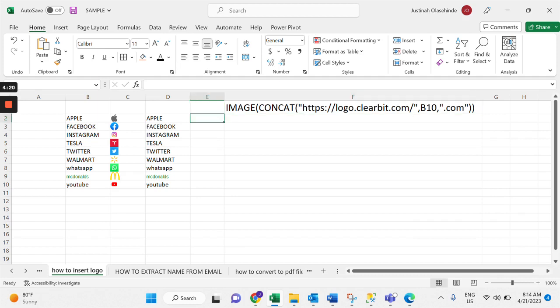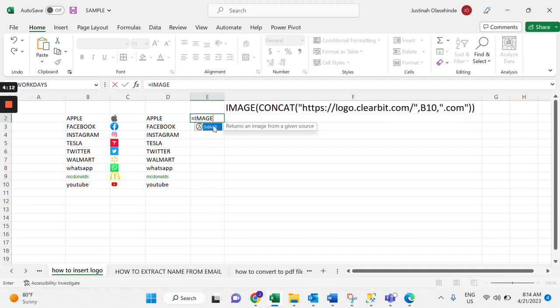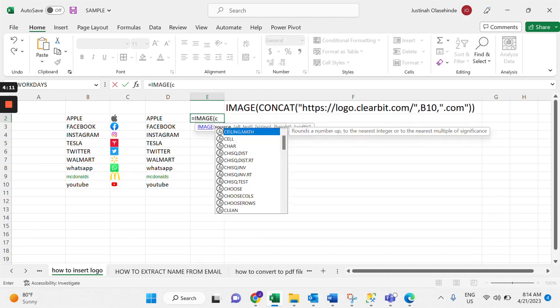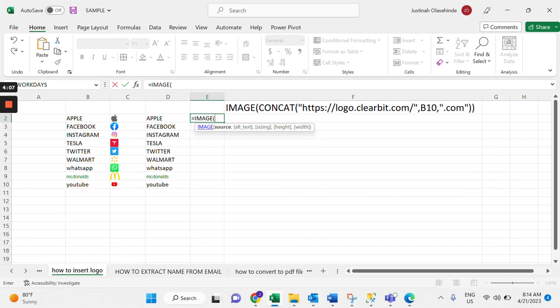So now I'm starting with my formula. Just make sure you start with equals to insert the formula, equals to IMAGE, followed by CONCAT. CONCAT actually replaces CONCATENATE. Then followed by the website with double quotes, https, then colon, double stroke, logo dot clearbit